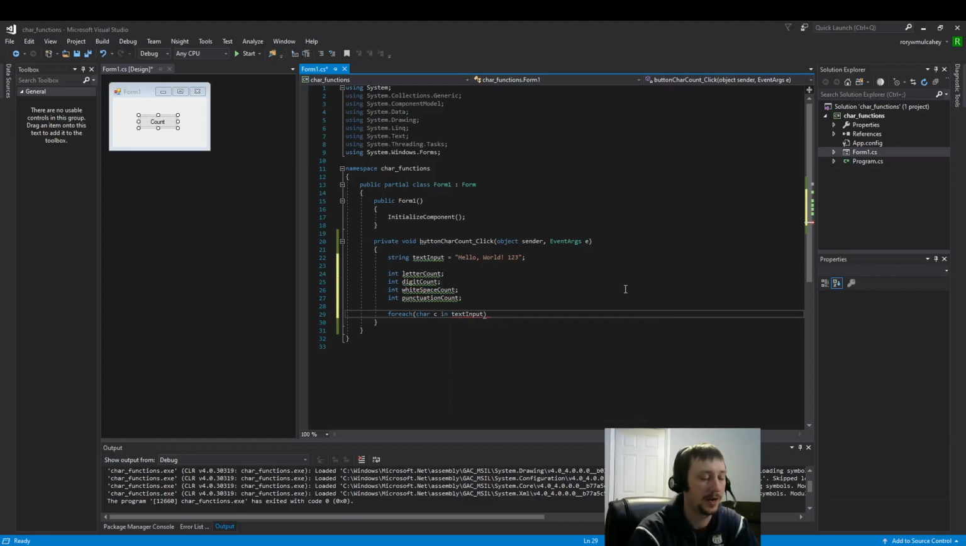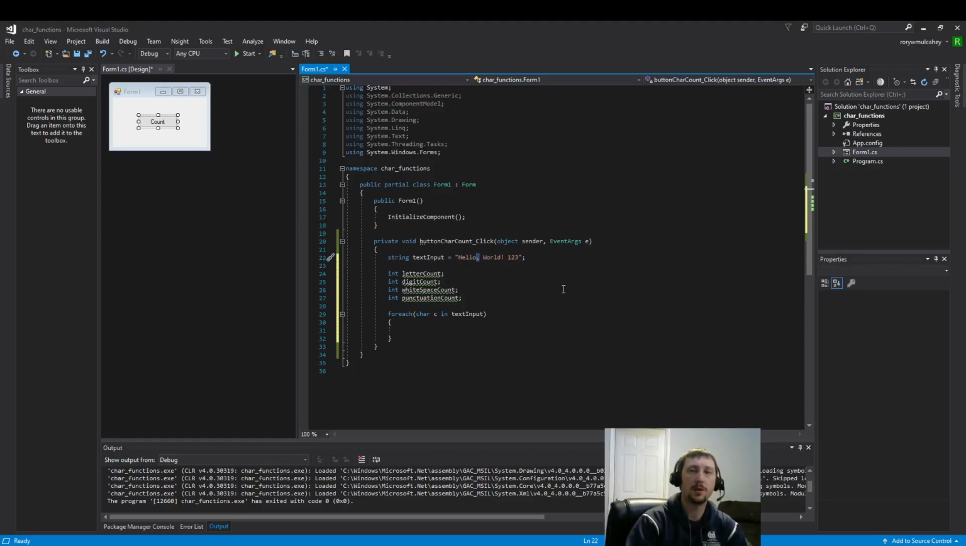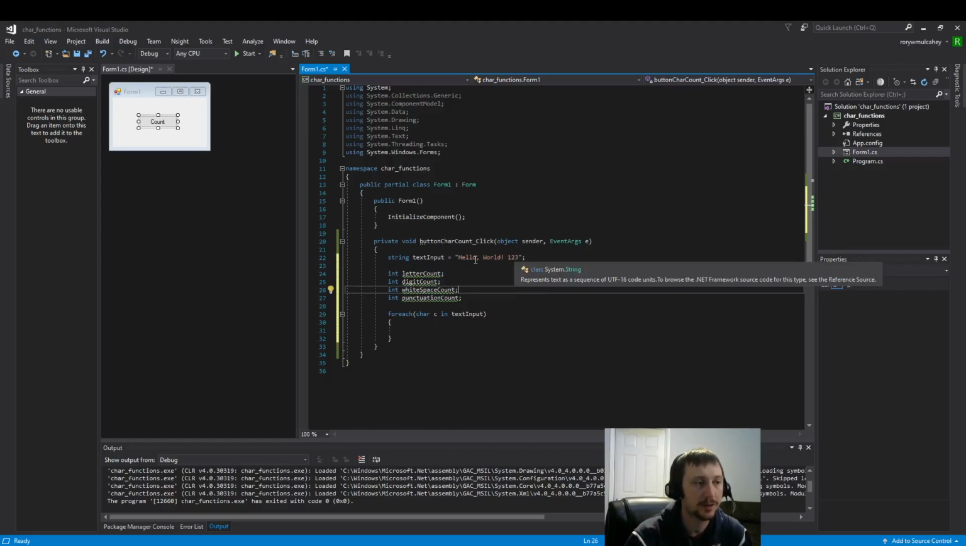So here I'm creating a foreach loop that's going to read each character, each char, store it in a variable called c, and it's going to read each individual character of a string. Remember, a character is just one part of a string. So a character array, each value of the array is its own character. String being very similar to a character array. And here we're just reading